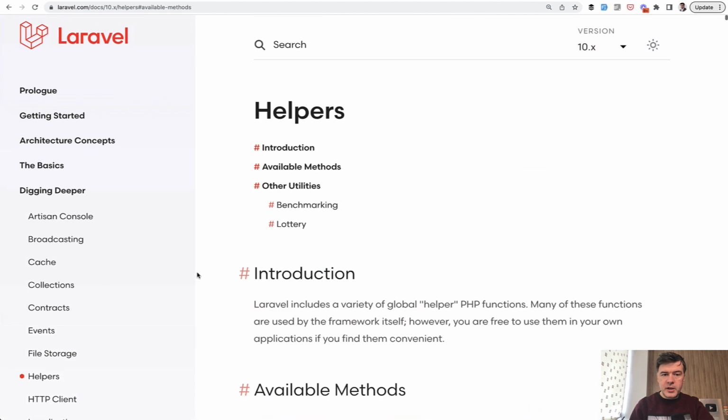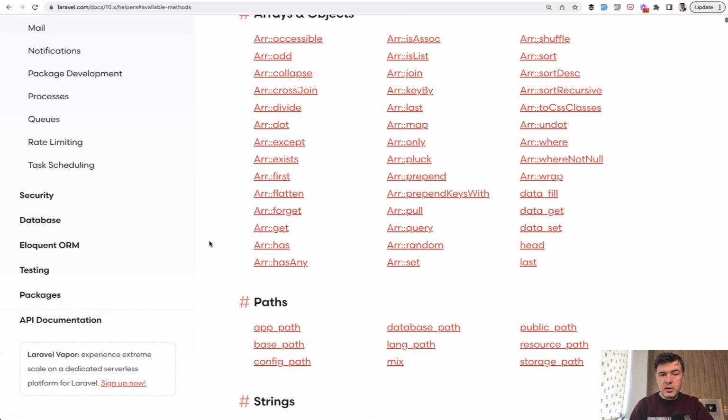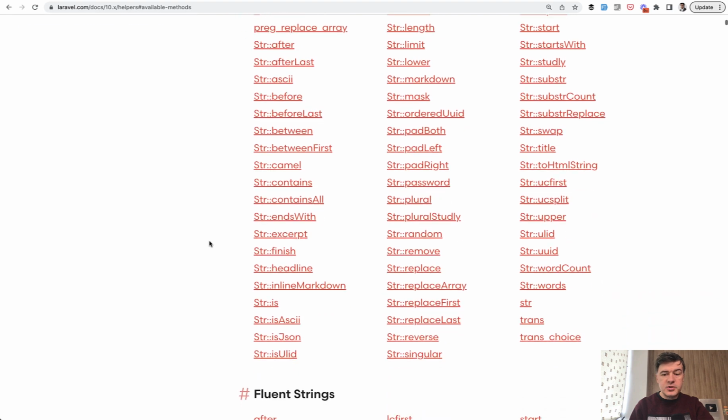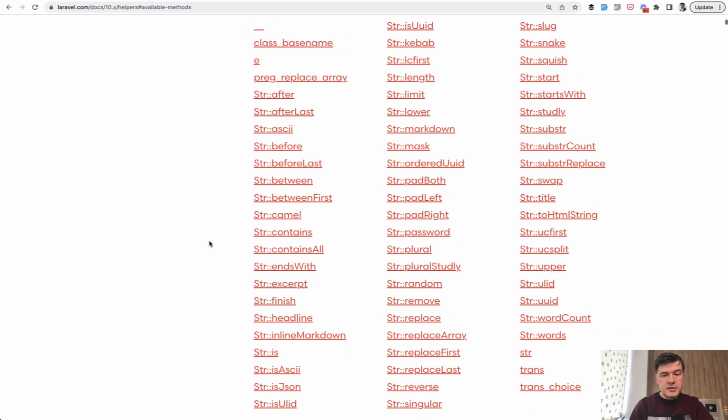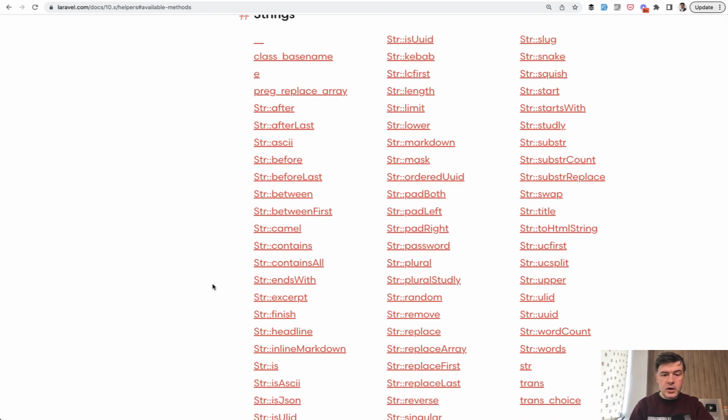Generally, there's a page called helpers in Laravel docs, and in available methods there are arrays, there are paths, and there are strings. So string class and string helper in Laravel is pretty powerful. You can browse all those methods and I will link that in the description below,